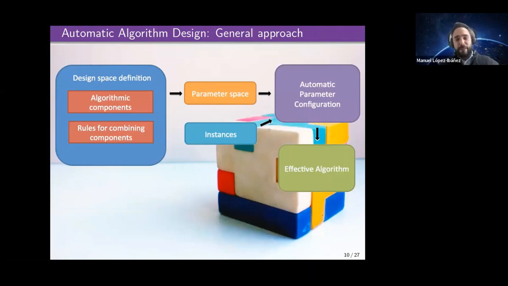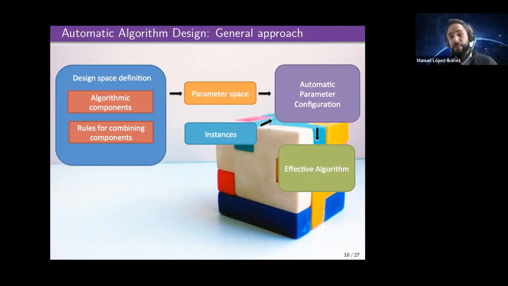So the idea is, let's open the space, let's define this design space, and let's have these components available as a library of components. And then let's define rules that actually lead to creating valid designs by combining these components. And whatever way we define this design space, be it by means of an algorithmic template or by means of a grammar description, we can always convert this design space into a parameter space made of numerical, categorical decision variables, possibly with constraints